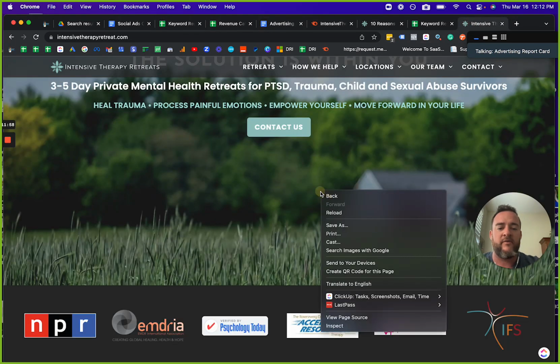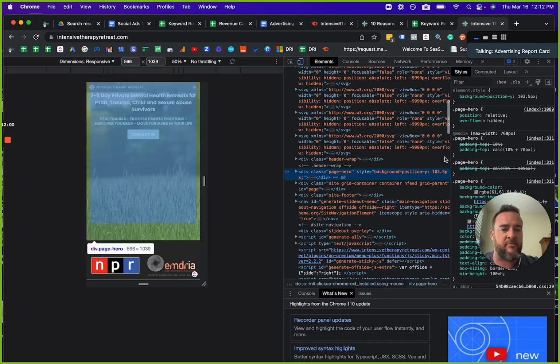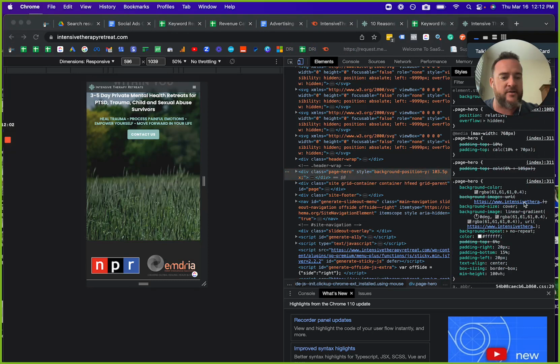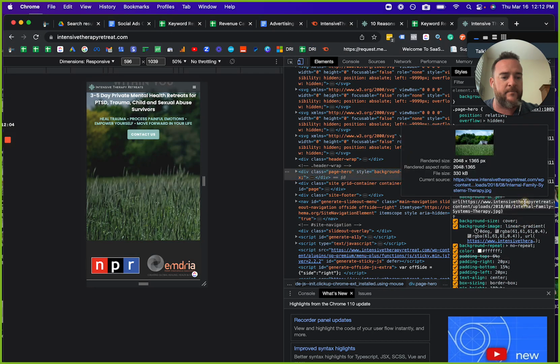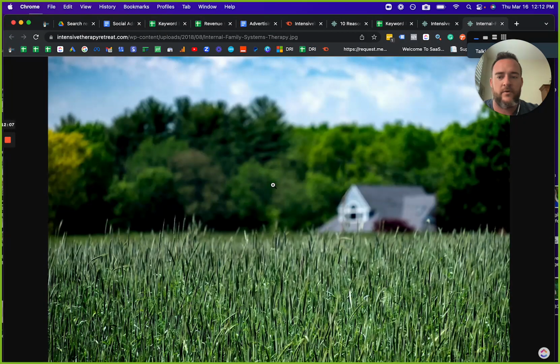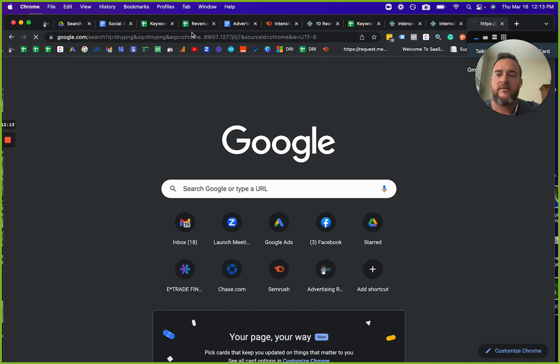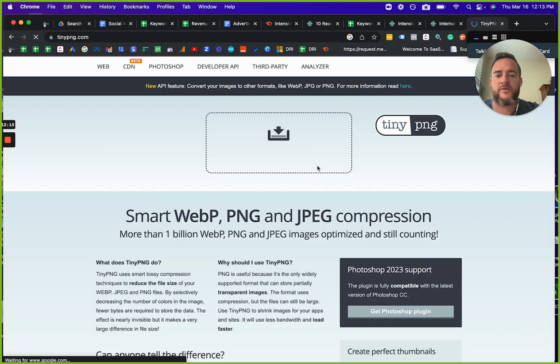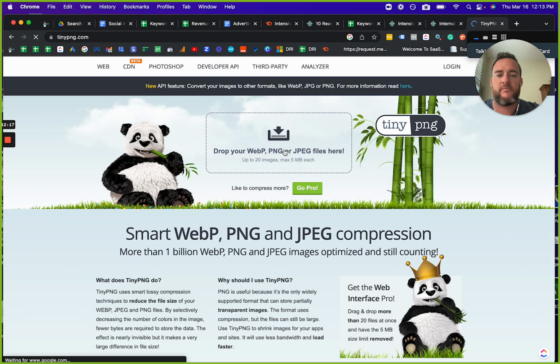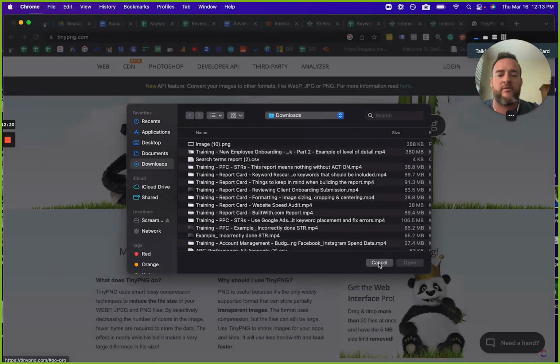If we were to look at this image in the background as an example, let's take a look and see if we can pull it up. This is a really heavy image. We can see how big it is and see if there's a TinyPNG measure of how big the image is. Oh, I have to load it real quick, one second.